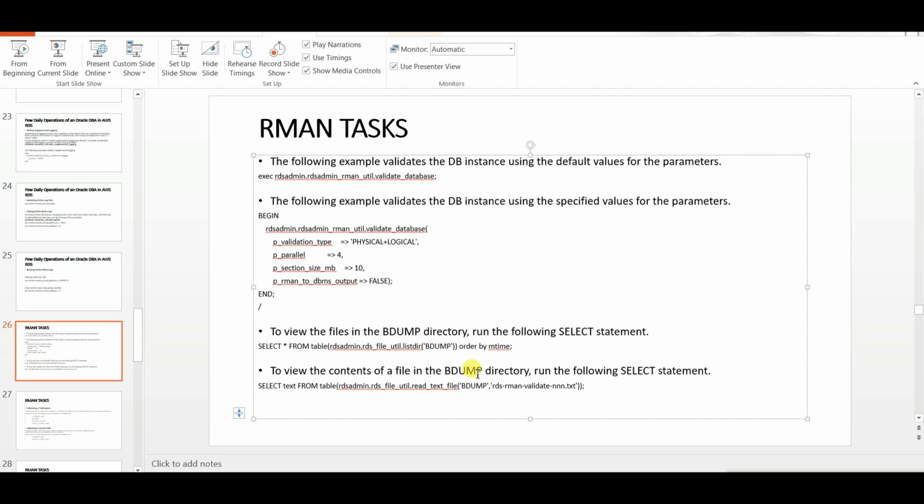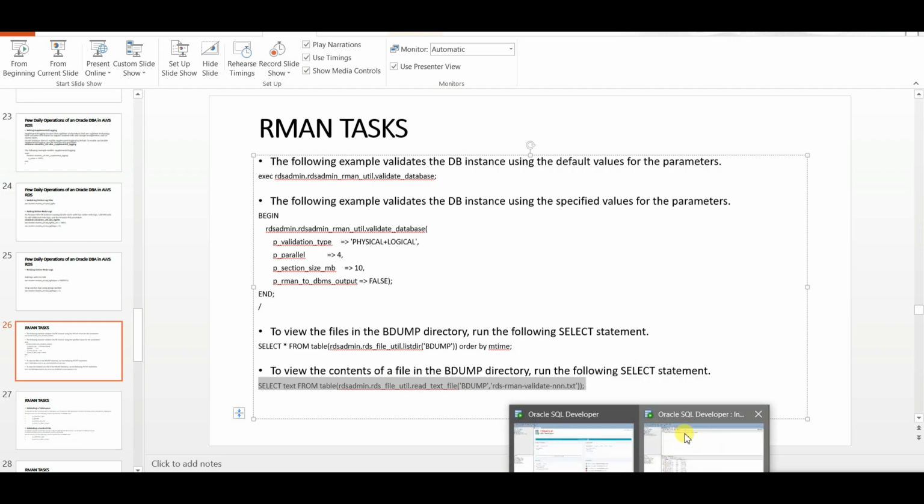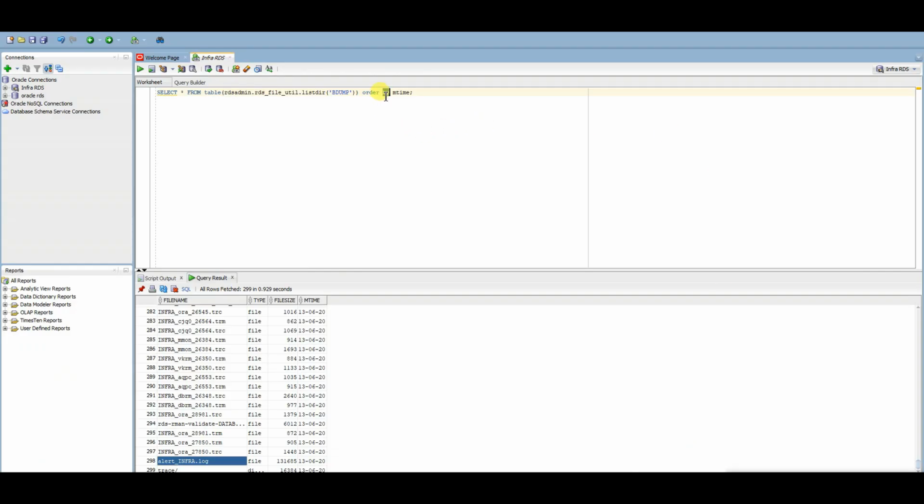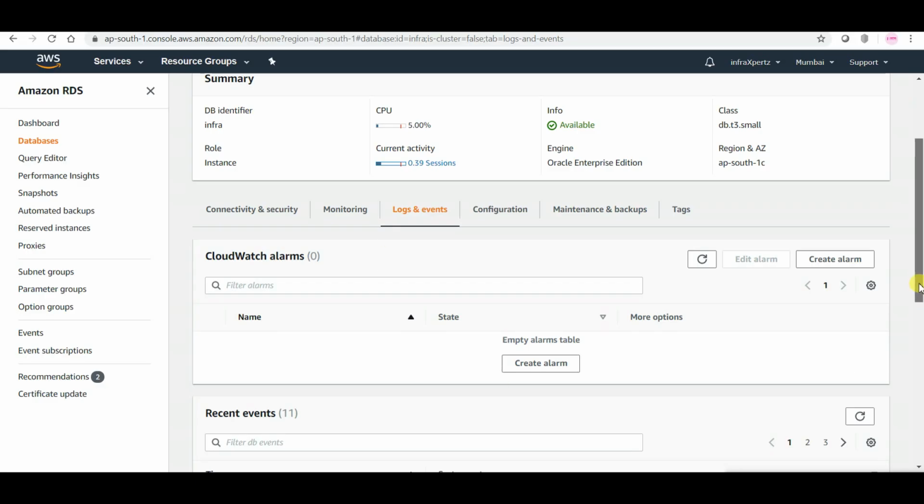And to view the contents of a file in the directory, you need to run this command. So let me run the command to check our RMAN validation script. As you saw earlier, we checked it from our AWS console, but if you do not have access to your AWS console and need to check, you need to fire this command with the RMAN validate command. You need to give the name which we got earlier while executing the query.